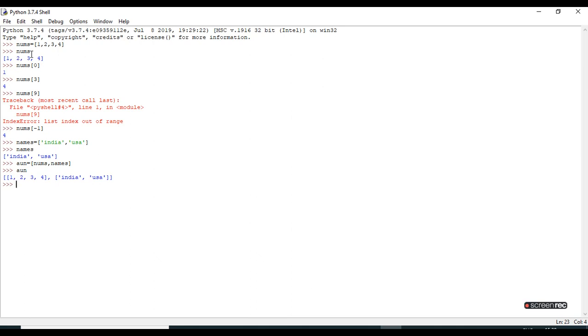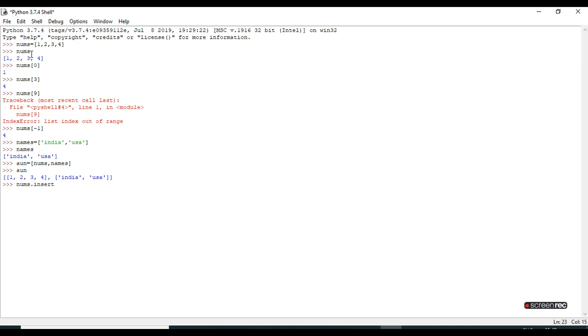If you want to add an element, there are two things to know: the append function and the insert function. Using the append function, you can insert the element in the last position, and using the insert function, you can insert the element at any position. Okay, so let's see, nums dot insert.